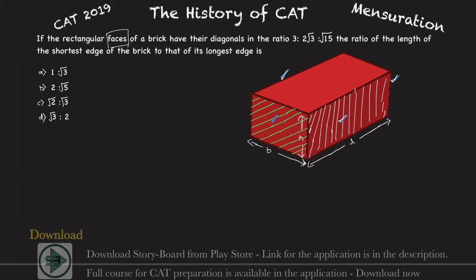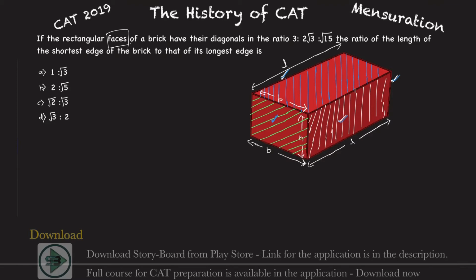Similarly, let's see the third face. Which is the third face? This will be the third face of a brick, which is nothing but a cuboid. Your room in which you are sitting right now has 3 distinct faces; actually it has 6 faces, but 3 distinct ones. This face will have a length and a breadth. This is the length, and this would be the breadth. That's the information we have about the faces.